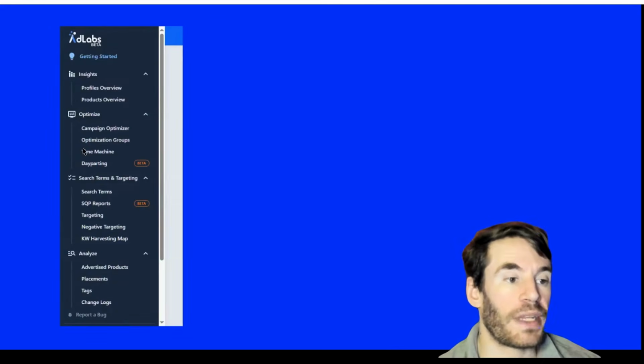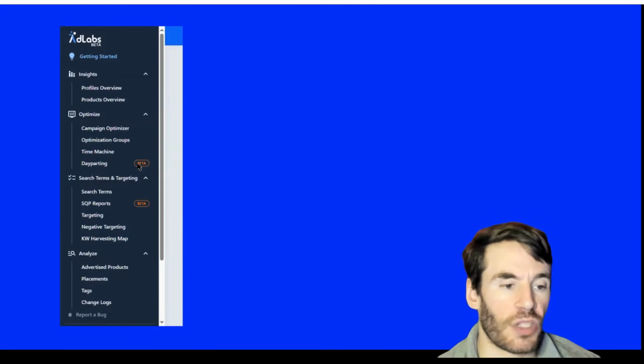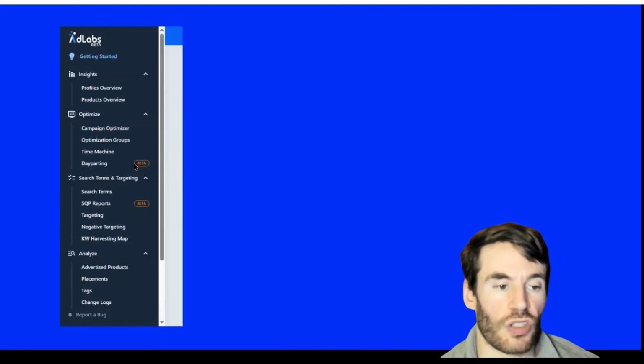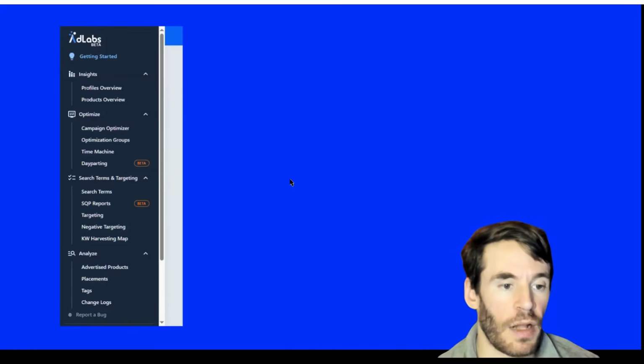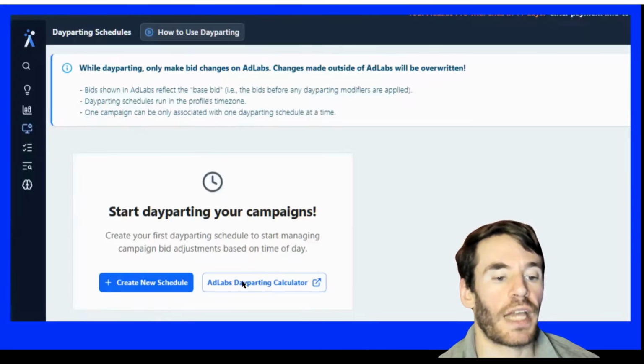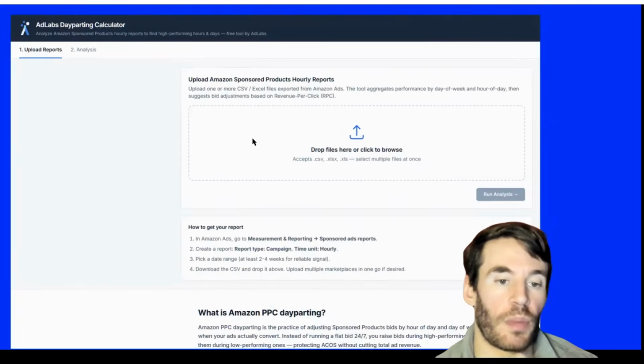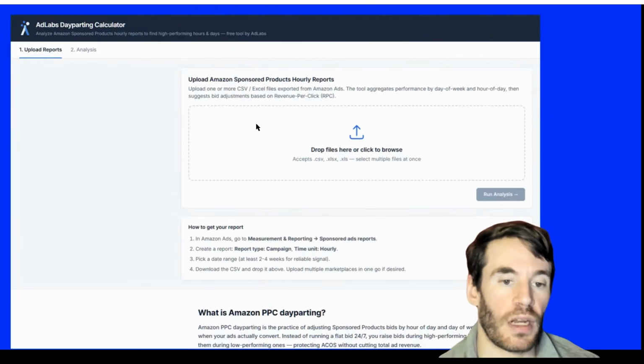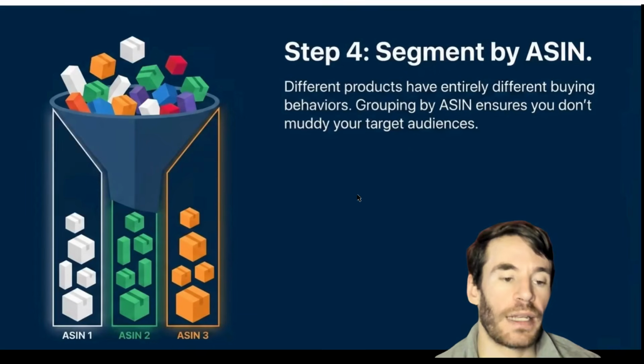Then you go to the menu and you see in Optimize there is Dayparting. It was beta when I did the screenshot, but now it's a good feature and it's done very well. The software is updated. So, dayparting, and this is the session. You need to click on the AdLabs dayparting calculator. So you can calculate: you take your report, you pull it here, you push it here, and automatically,